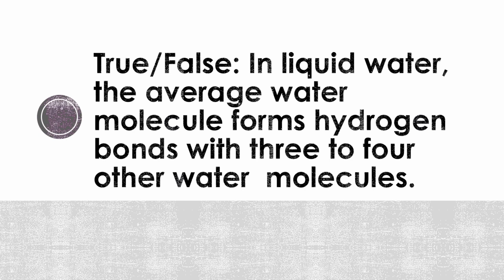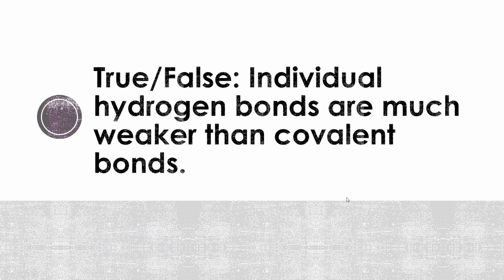Every single water molecule has the ability, theoretically, to create 4 hydrogen bonds, so one water molecule can theoretically bind to 4 other water molecules. In reality, because the bonds are constantly being made and broken, we actually see that on average, one water molecule can bind to 3.4 water molecules. So that makes this a true statement. Make sure for your first exam that you can draw one water molecule properly hydrogen bonded to the theoretically possible 4 other water molecules. Next question, true or false?